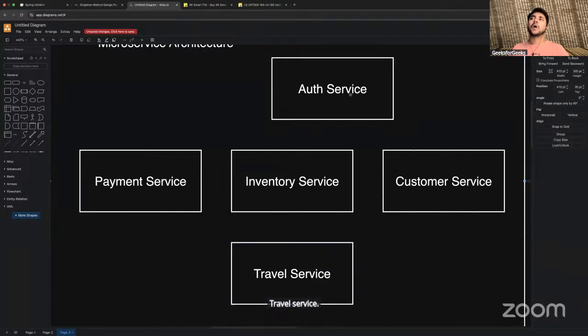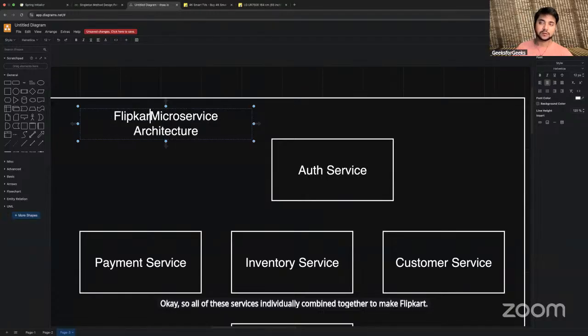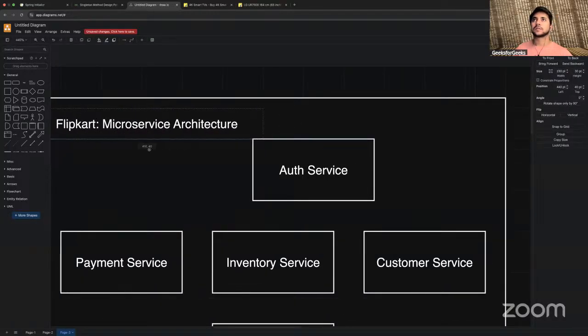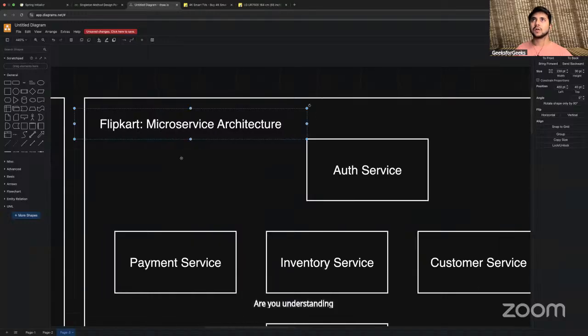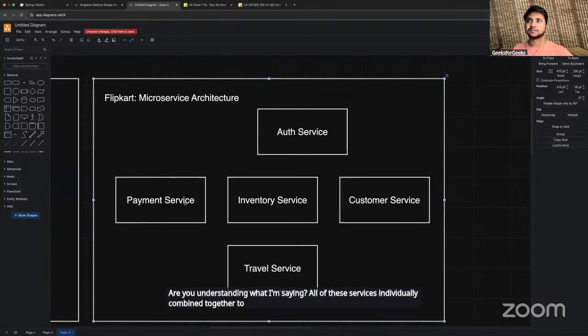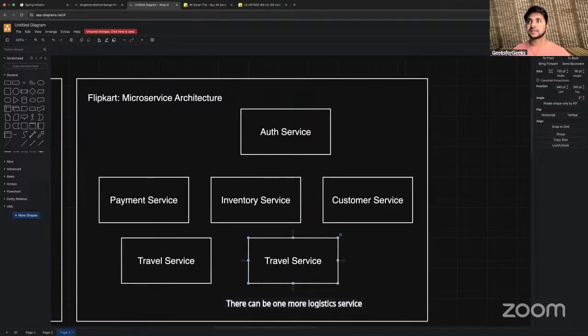All of these services individually combine together to make Flipkart. Are you understanding what I'm saying? There can be one more logistics service to handle the logistics.